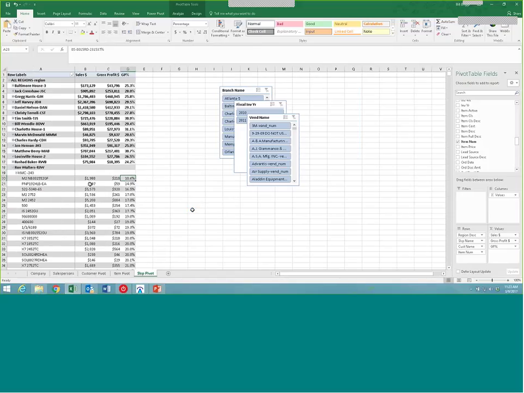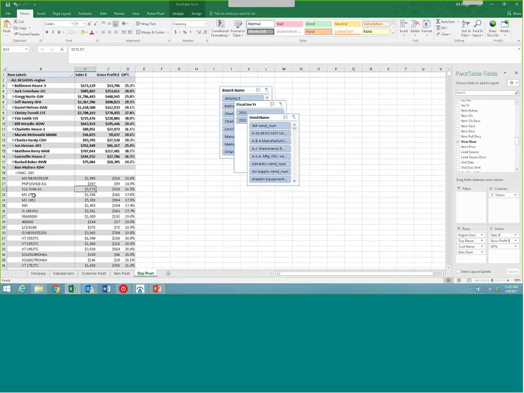So right there I can see, here's one that's a pretty good amount of sales at a 16.5% margin. So what's going on with that one? Here's another one, pretty good amount of sales at a 17% margin. So just by doing this kind of drill in and sorting, you can begin to spot some problem areas in